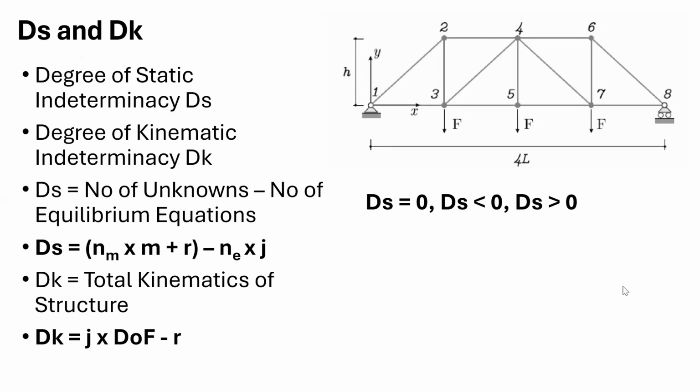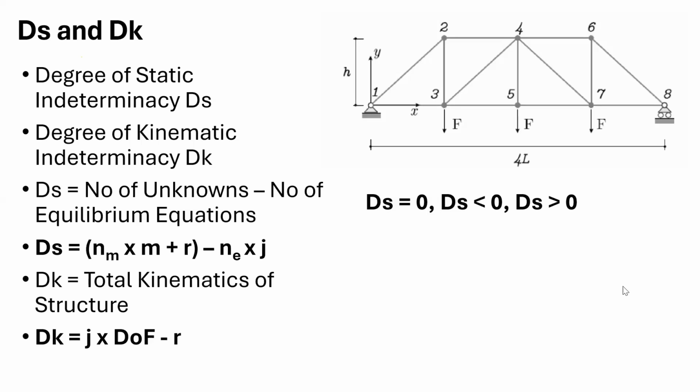So in the particular type of truss, every node is allowed to displace in the u direction, meaning the x direction, and also allowed to move in the y direction, that is v. It means there are 2 degrees of freedom per node for the truss. So 2 multiplied by j. How many j's are there here? There are 8 joints. So 8 into 2, 16 will be there. But from 16 we need to deduct the support reactions. So that will give you the value of Dk. The support reactions are 3. So 16 minus 3 will be equal to 13.